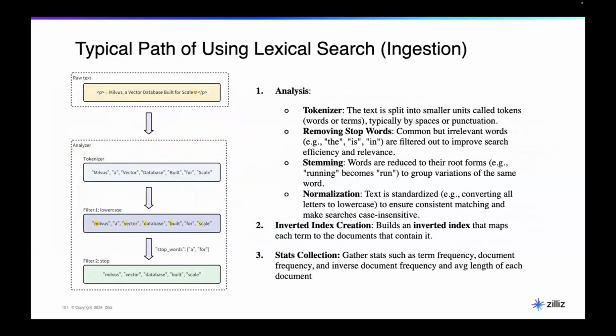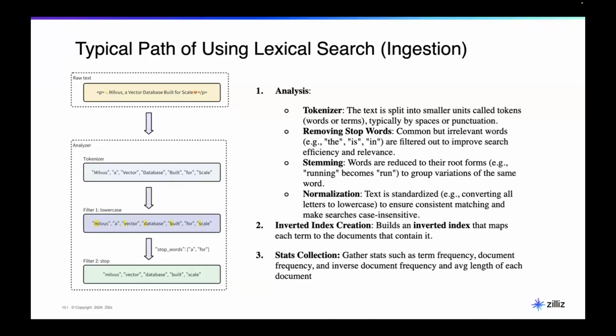For sure we have some integrated solution for that, so you don't really need to worry about how to tokenize. After you tokenize, you do some transforms: make sure you lowercase, you do stemming, and you remove some of the very common words. So now you get some clean tokens, right? With those tokens, the second step is you actually have to build an inverted index on top of it.